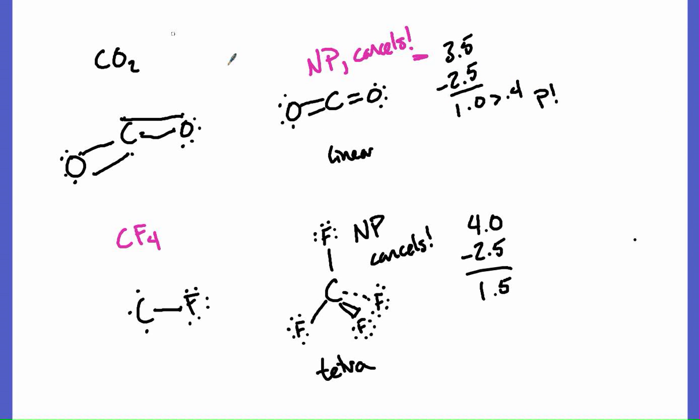But you have to be careful too, because all I have to do is change one little thing, and it's all different, right? If I made one of these fluorines a hydrogen, this would no longer be nonpolar. Because the only way something can cancel is if I have poles, if I have forces pulling in equal and opposite directions. If I had fluorines down here pulling away from that carbon,